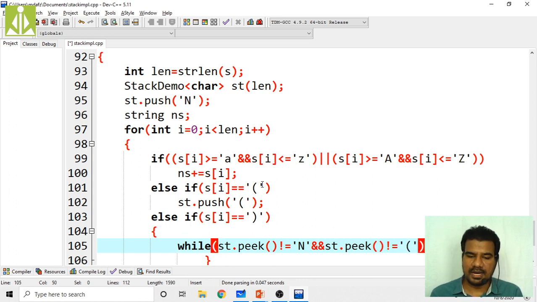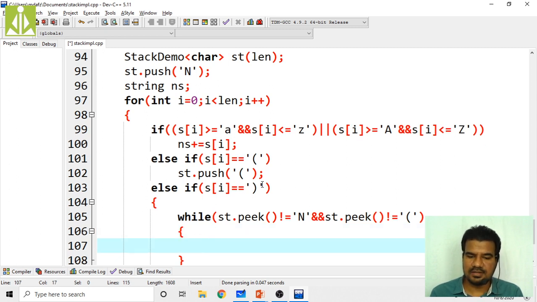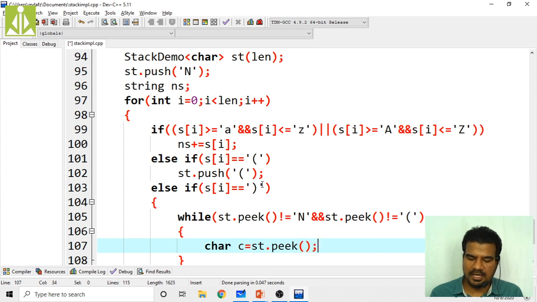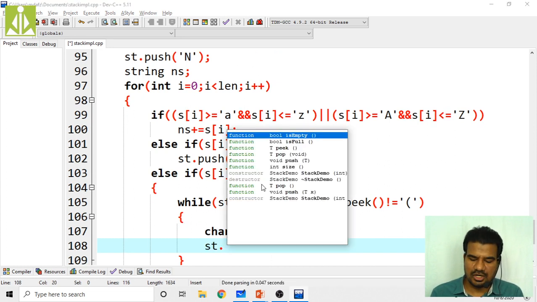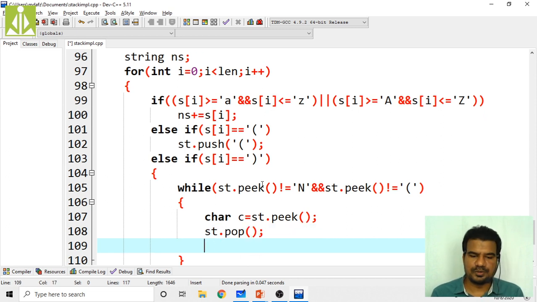Until these things are true, we pop all the characters. Character c equals st dot peek, then pop that character with st dot pop, and add it to the output string: ns plus equals c. Like this we are doing inside the while.